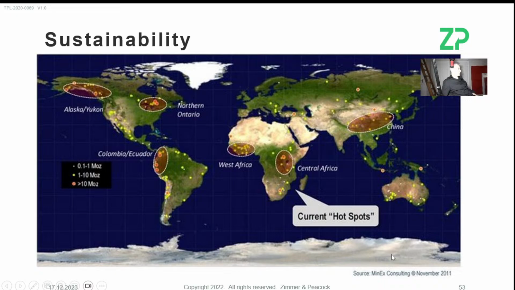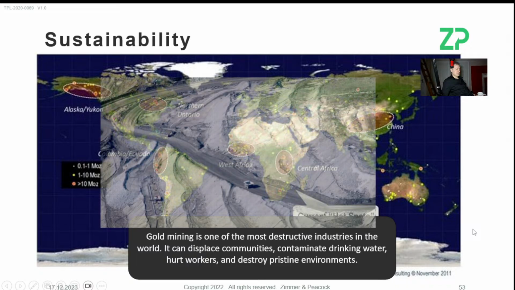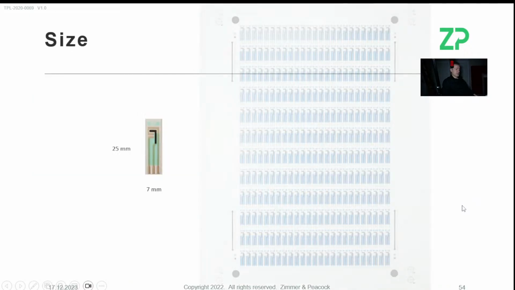I've also got a bit of an issue with platinum as well as gold, in that the places it's mined in the world are causing an environmental pollution concern for me. Pulling gold out of the ground is really quite a polluting thing. So I don't consider it particularly sustainable. If you just Google a gold mine online, you'll soon find that they're like large scars in the ground. Then there's a local pollution problem. I don't think they're particularly sustainable. They come from various places around the world, and you've got to look into the politics of these places where the gold is sometimes coming from.